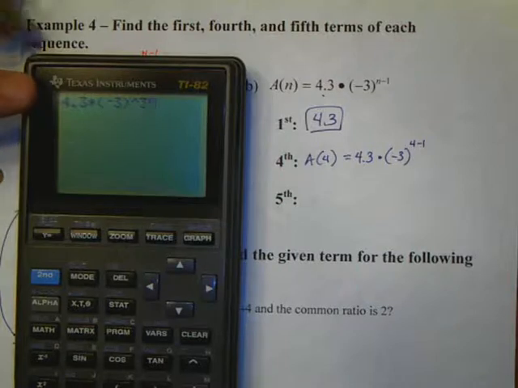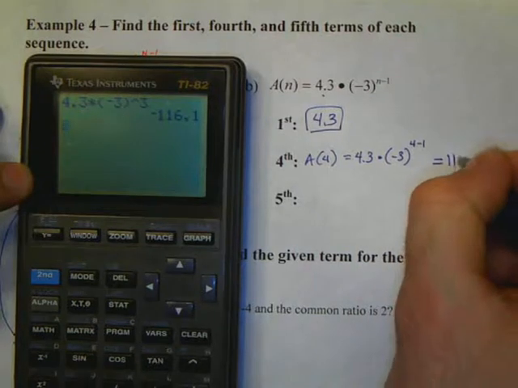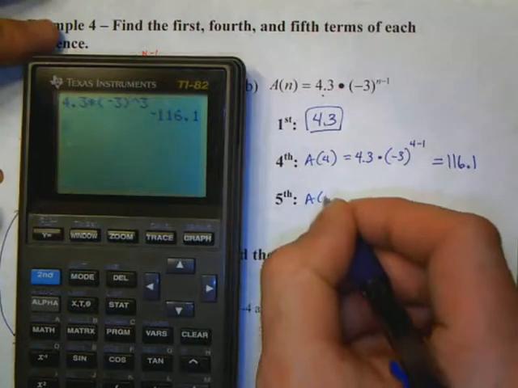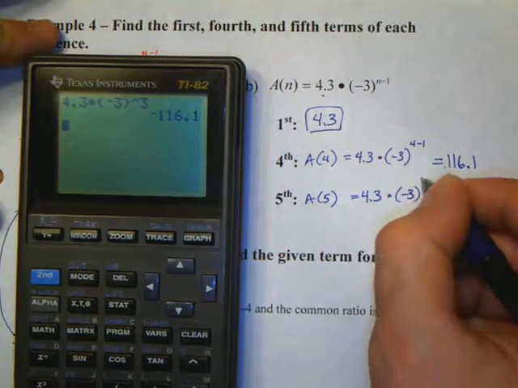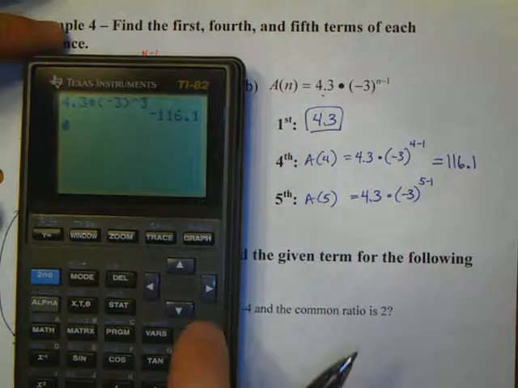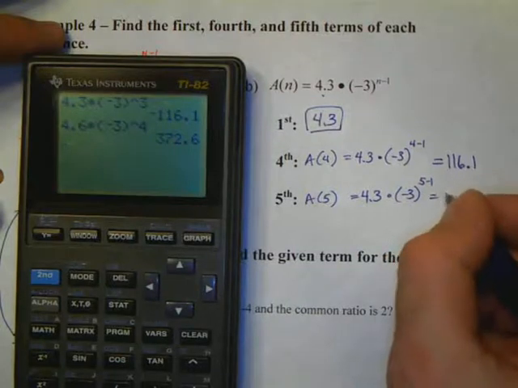Now let's do this all on our calculator. To do this, we're going to put in 4.3 times, open parentheses, negative 3 raised to the power of 4 minus 1. We have to put that in all together. We can either put it in parentheses, 4 minus 1, or we can just put in a 3. That's how our calculator is going to look when we put this in, if you have a graphing calculator or a calculator that has a true math type formula. The calculator is going to take negative 3 and cube it. That's negative 27. Multiply by 4.3 and give us one answer all at one time. So negative